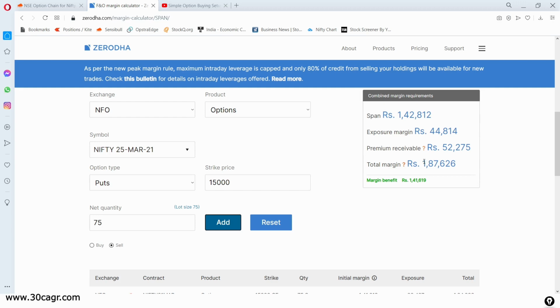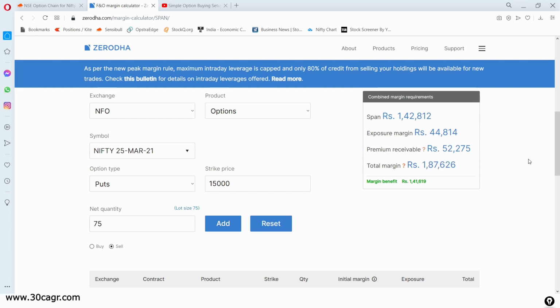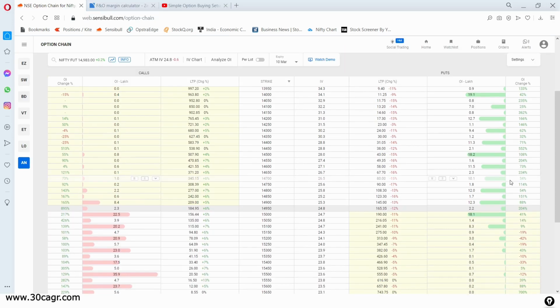So 1,87,000 is the margin required going forward for both intraday and NRML. That's exactly what this peak margin rule says. You cannot avail any sort of extra margins apart from this. All right, now what this margin benefit rule says is if you hedge your positions with options buy, then brokers